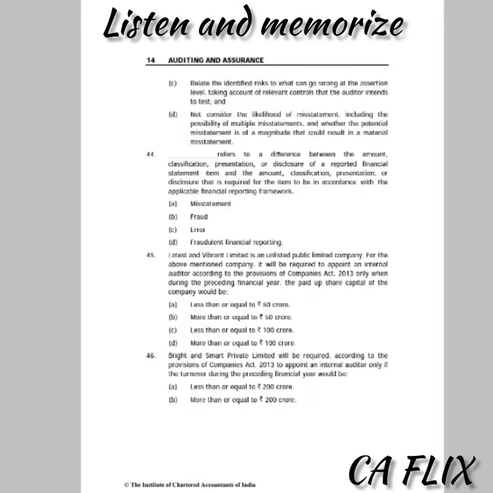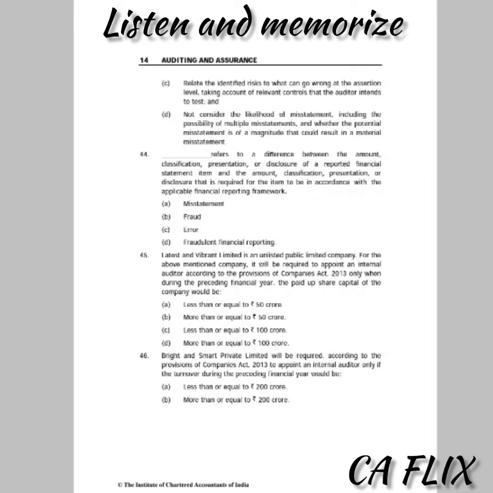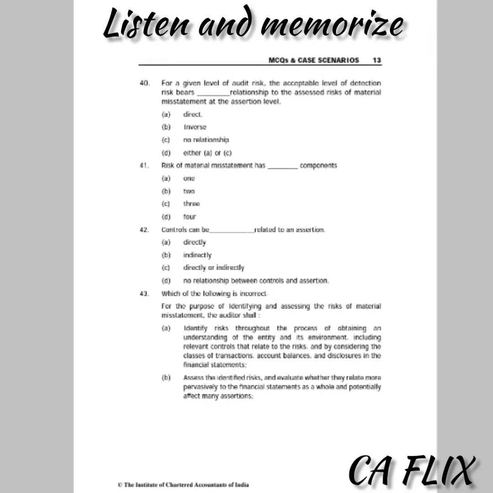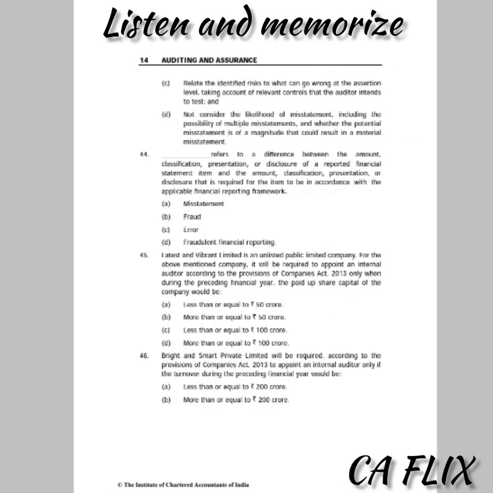Answer is option D, not consider the likelihood of misstatement, including the possibility of multiple misstatements and whether the potential misstatement is of a magnitude that could result in material misstatement. Which of the following is incorrect? For the purpose of identifying and assessing the risk of material misstatement, the auditor shall not consider the likelihood of misstatement, including the possibility of multiple misstatements and whether the potential misstatement is of a magnitude that could result in material